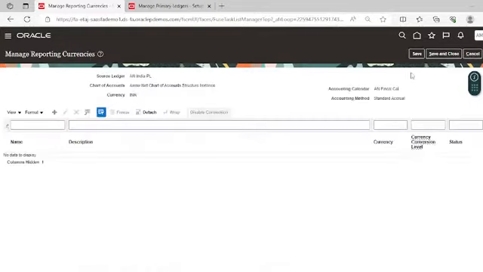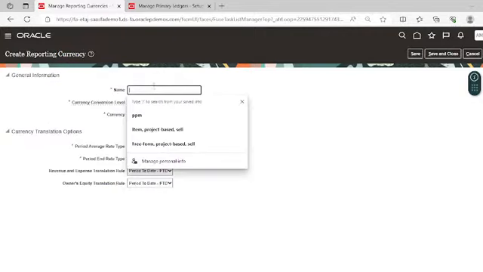This is the information. This is the source ledger. Here it will show you against which primary ledger you are creating the reporting currency ledger. So we are creating the reporting ledger for the Indian PL, where we will select the currency as USD. So whenever the user will create any journal or transaction in the AN India PL, at the same time the same transaction will be reported in the USD currency. Now click on create icon, give the name here.